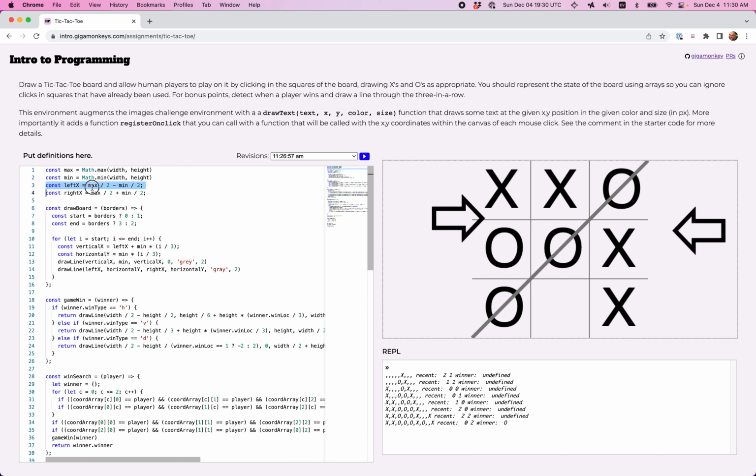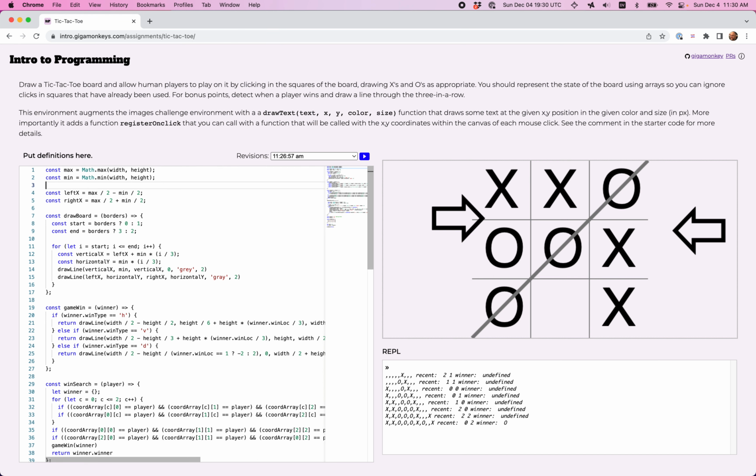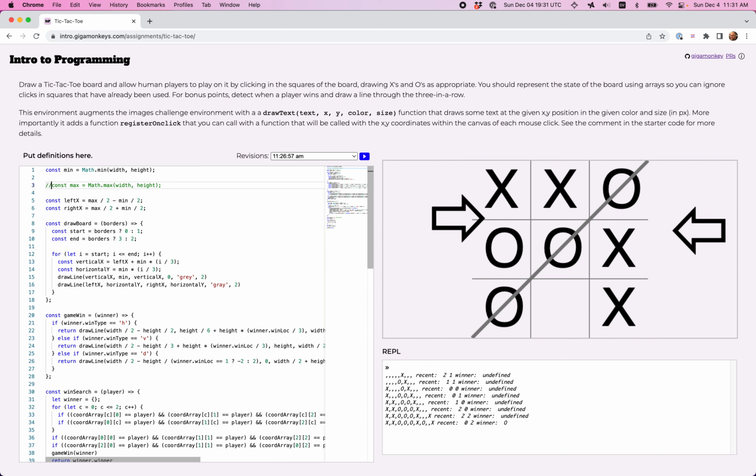And then also we have to look at, does left x work properly if these were reversed? Like if this was actually the height, I think that is also okay. So here's I think the lesson. So I think we want to know the minimum. I'm not sure we actually should ever be using the maximum, because the left x is determined by